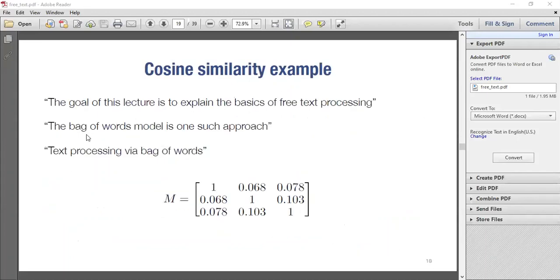If we do it for the documents we've been working with, these three, we'll get something like this, where you see that the diagonals represent self. Like this first point, you are comparing document 1 with document 1, so they are perfectly aligned, so they are the same. It's going to be 1. Then, dealing with the first row now, you find out that 0.068 is the similarity between document 1 and document 2, and 0.071 is between document 1 and document 3.